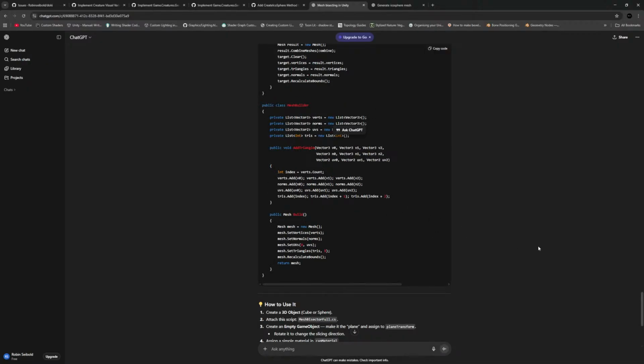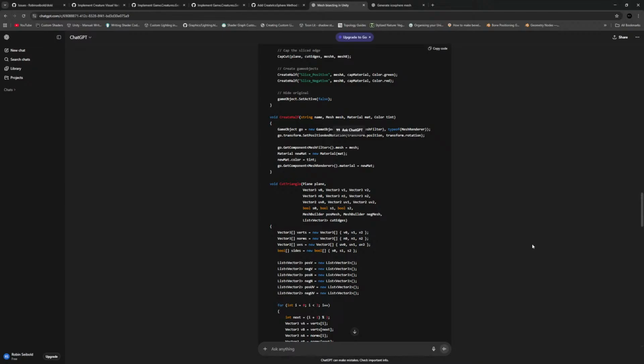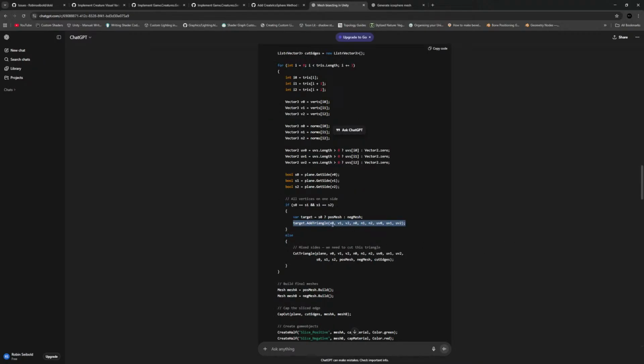When we do it like this, we never share any vertices, right? So we add one triangle that is V0, V1, V2. Then when we add triangle